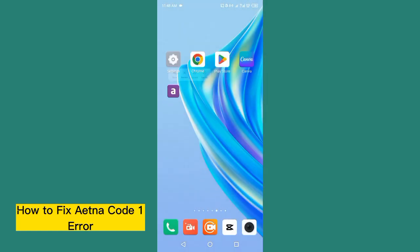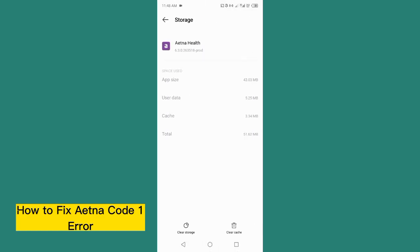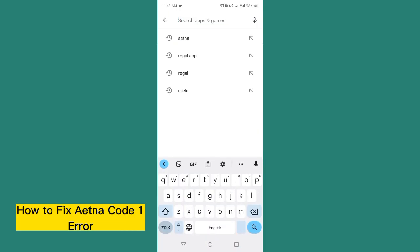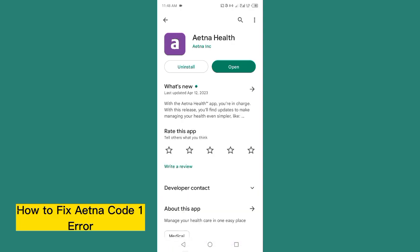For this, long press on the app and tap on app info, and here tap on storage and cache, and here you can see the clear cache option at the bottom. And if this did not work, then completely uninstall the app. For this, go to Google Play Store and type Aetna and open up the app and uninstall it here and reinstall